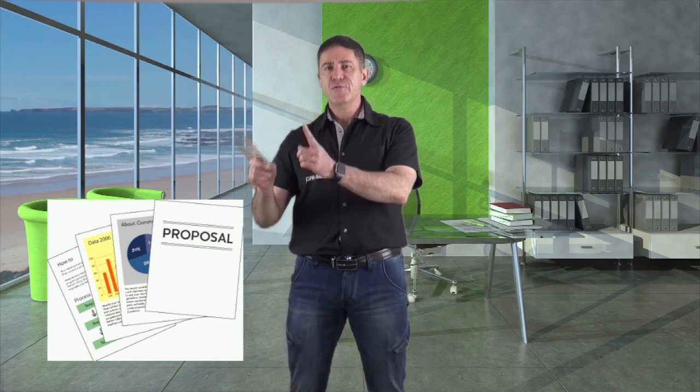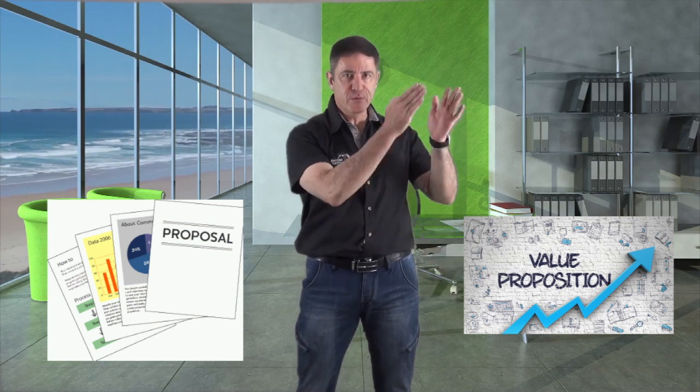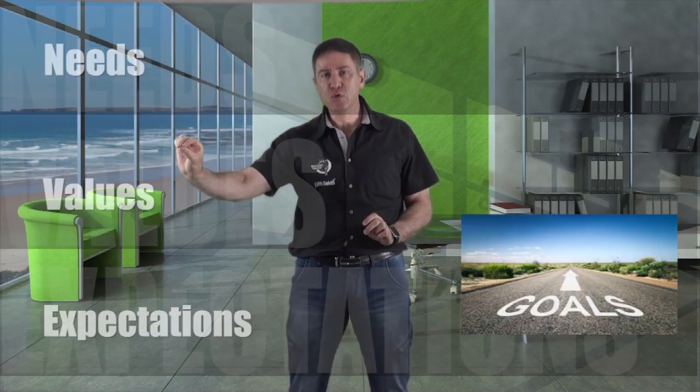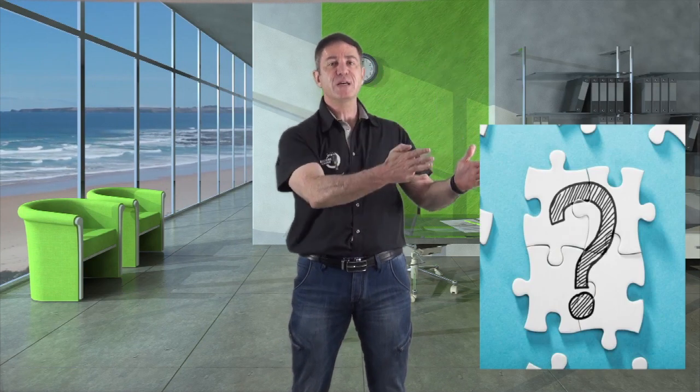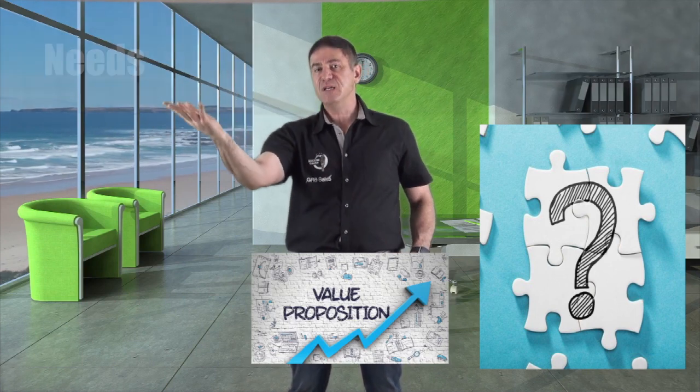As I said previously, we have a whole lot of information that we need. So we need to prepare a proposal that connects our value proposition, in other words, what we can do, with what the customer needs, values, expectations, goals, etc. are. So if we want to connect those two together, we need to find out something. We need to know all of this specific information so that we can connect our value proposition to our customers' needs, values, and expectations. So we understand up front what they are.